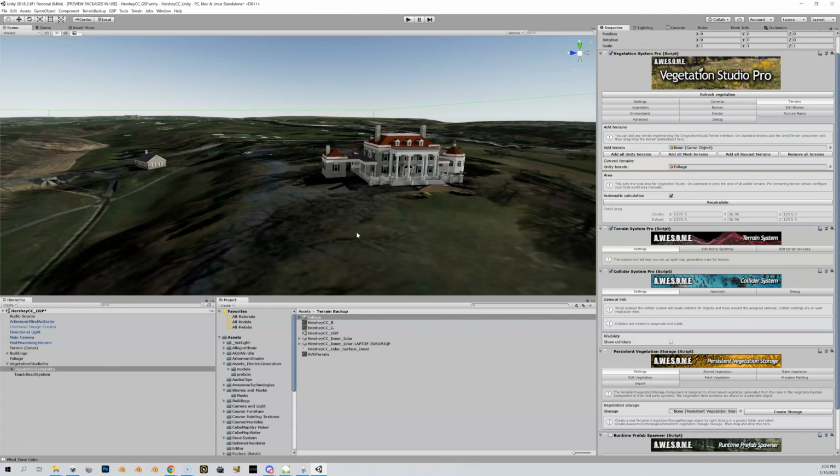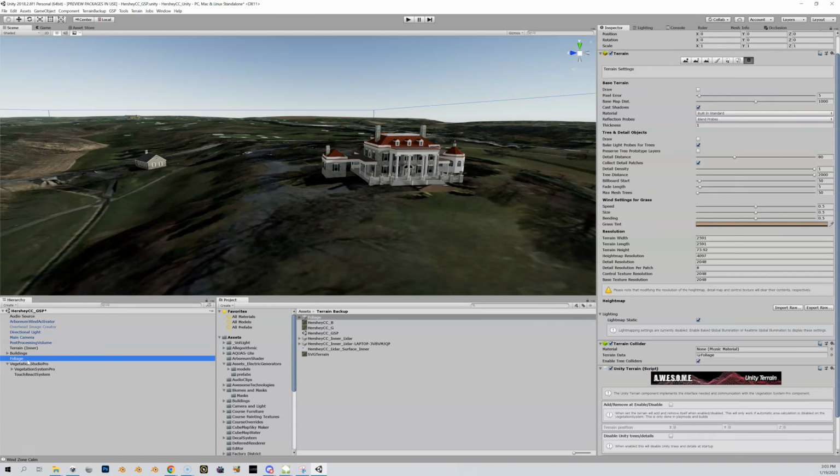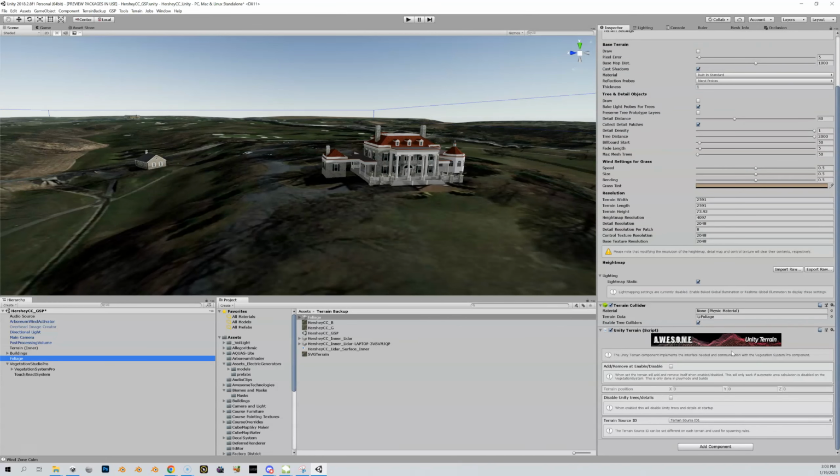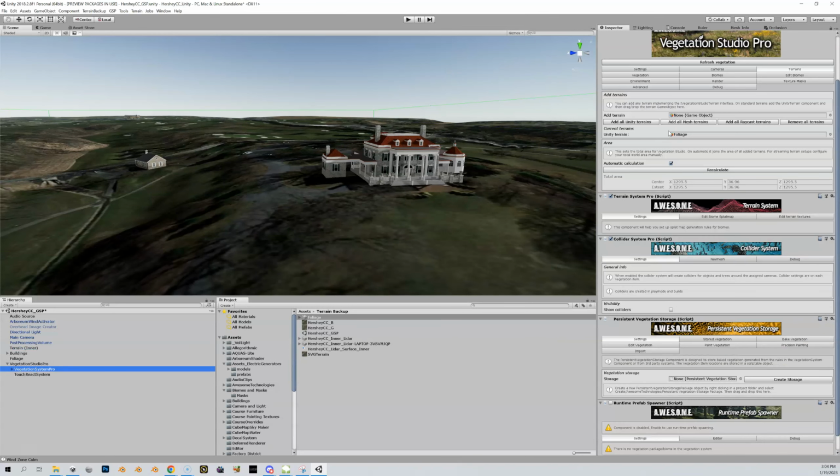One note when you do this is if you come over here and you look at your terrain, you'll see that you get this Unity terrain script added to it so that VSPro can plant on that terrain. And that script will still be there on your inner. That's fine, you can leave it there, as long as you come back here and on your terrains your inner is not listed, you're completely fine. One note here, make sure right now your foliage, and if you have an outer, make sure it is